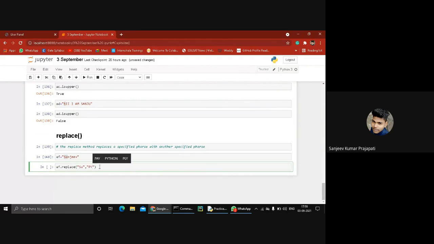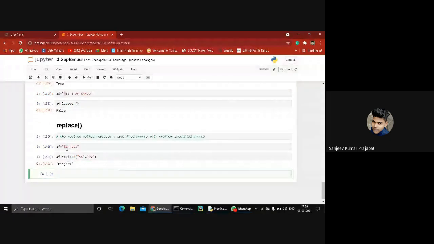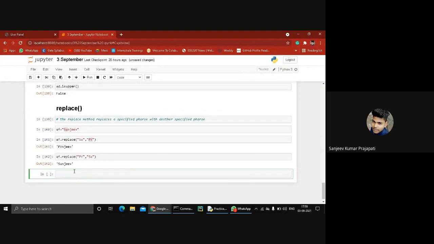So you see SA is replaced by PY. Then again we have dot replace PY. You'll see. Got it? How the replace function works?